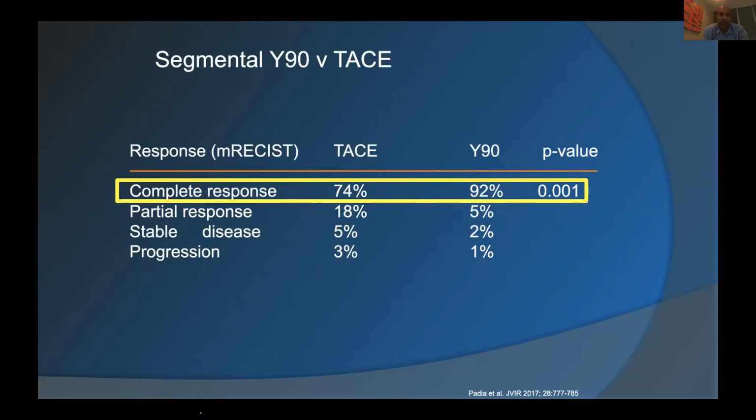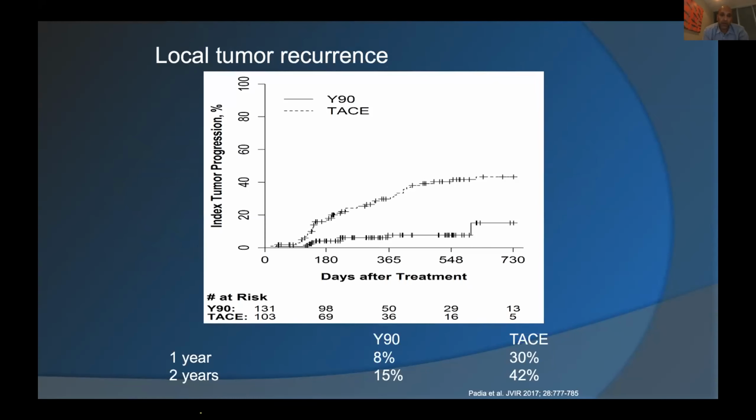So you want to get not only complete response, but you want it to stay like that. You want to kill a tumor and you want it to stay dead. So at 6 months, you don't want it coming back, like I showed in that earlier case in the very beginning. And so we looked at local tumor recurrence, and we looked at it for 2 years out. And the bottom curve is for Y90, and you'll notice that it's relatively flat over a 2-year period, where we have a really low tumor recurrence rate. And the TACE group was almost identical to the Malagari paper I pointed out earlier in terms of about a 42% recurrence rate, which was pretty much the same.